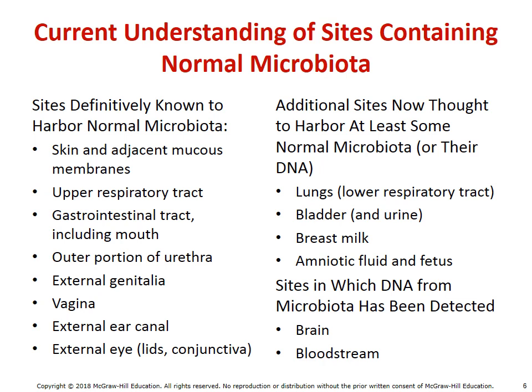Some other places where we're thinking we have a lot more biota include things like the lungs. For a long time we thought the deepest parts of the lungs didn't have a lot of bacteria routinely living in there, but we're starting to think that there's some. Again, the bladder, breast milk, amniotic fluid in the fetus. Again, we thought traditionally these things were very sterile.